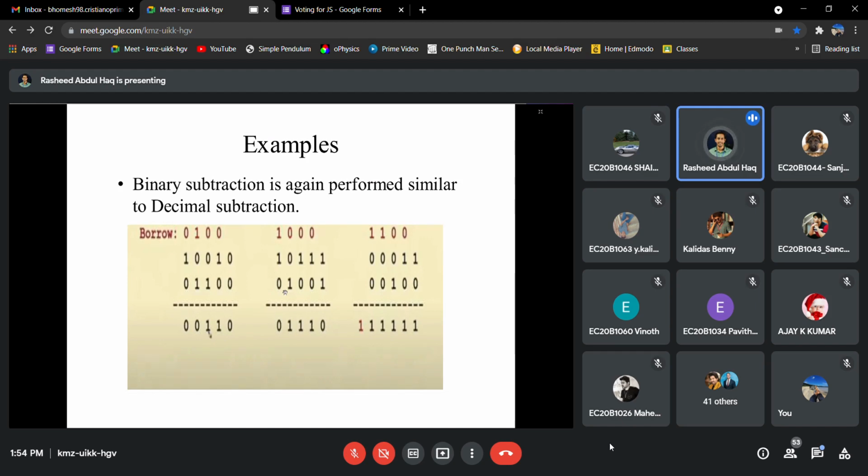Okay, if we go with the common rule, we will see 1 minus 0, it is 1. 1 minus 0, it is again 1. 0 minus 1 is a 1 with a borrow 1. Okay, so 0 minus 0, it is 0. But it is subtracted with that minus 1 which is again there. So we will get 1, 0, 0. Again, that 1 will be there. And we get a 1 and a borrow is carried on. Okay.